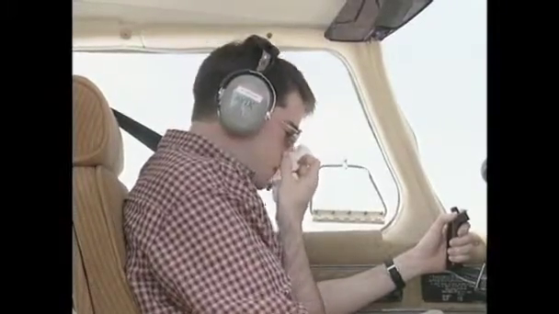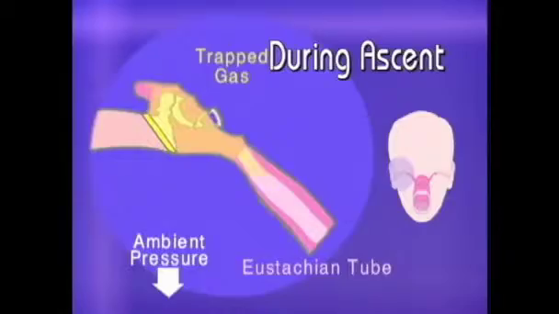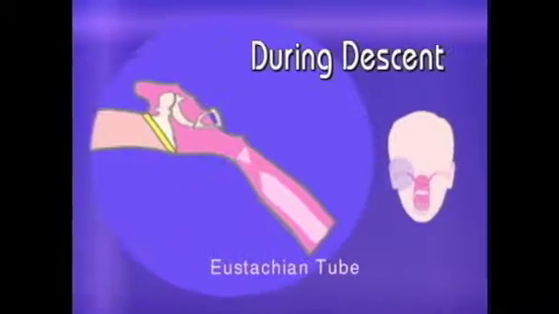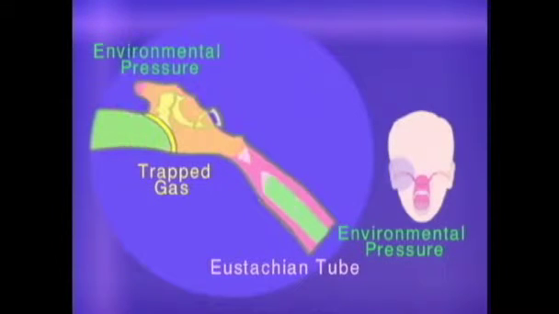However, if the person has an upper respiratory infection, like a cold with nasal congestion, the eustachian tube may be blocked due to local swelling. Although the middle ear may allow the escape of expanding gas on ascent, it is unlikely that it will allow the re-entering of air during the descent. Consequently, an air pressure differential develops between the middle ear and the environment that will cause the eardrum to retract.